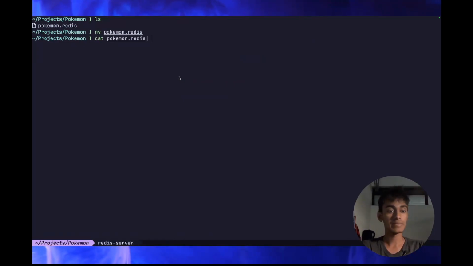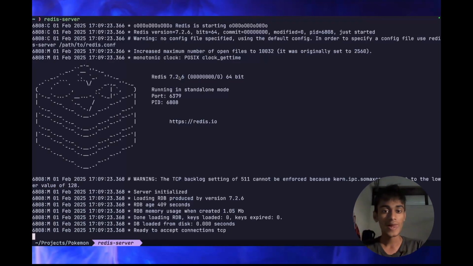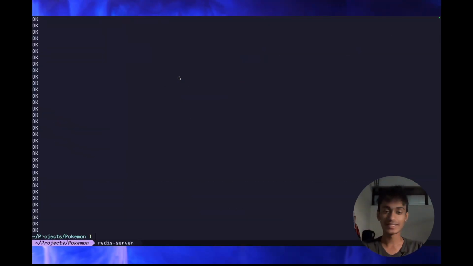pokemon.redis, and then I will pipe it into my Redis CLI. All the commands will just go into my Redis, and all the values will be set into that server. Now all the key value pairs are already defined. Now we have a server with all the Pokemon data we need, and we are ready to build our